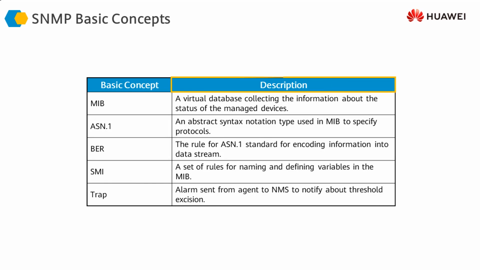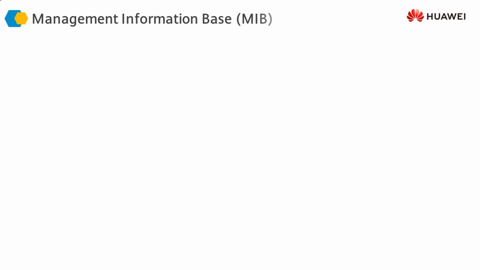These are the different terms that we should learn. Just ignore these three. These are just the standards, different standards. Just remember MIB, Management Information Base, and traps. These are important pieces of information. These are just rules and conventions or different definition models, so we can conveniently ignore these.